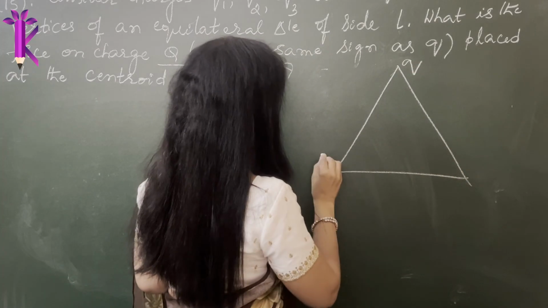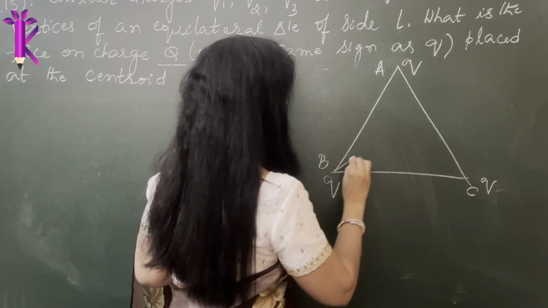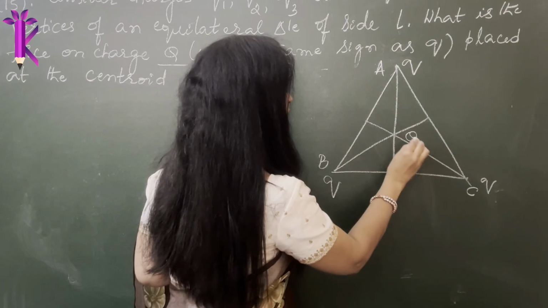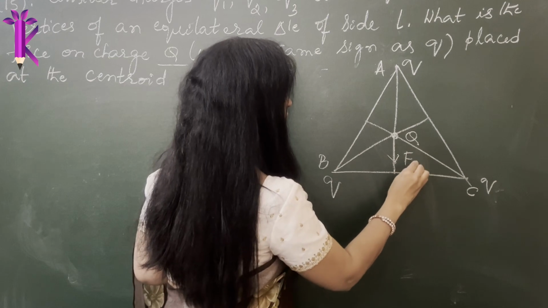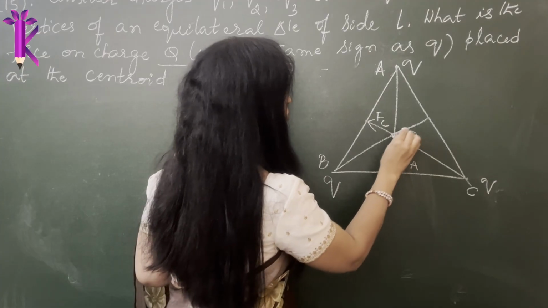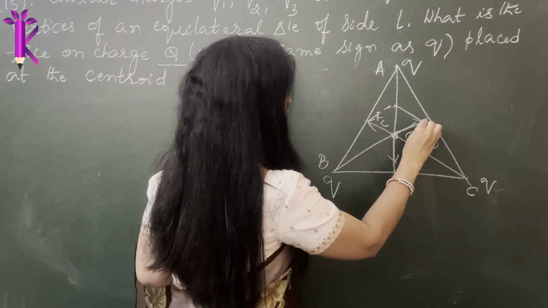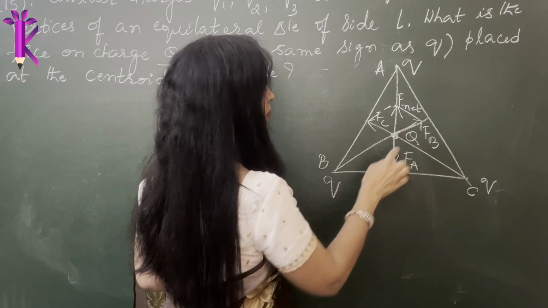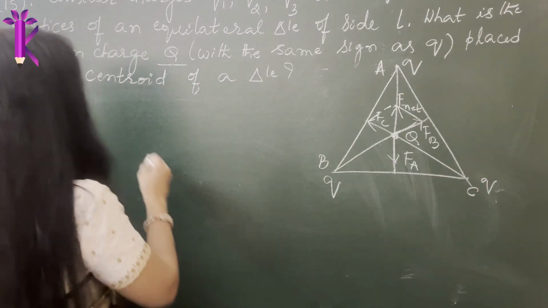So this is Q at A and this is Q at B and Q at C. They're all equal in magnitude. So these are the perpendicular bisectors. This is your centroid where your charge Q is kept, right? So the force of repulsion due to A, I will call it FA. Force of repulsion due to C, I will call it FC. Force of repulsion due to B, I will call it FB. Now here you have to use the triangle law of vector addition to figure out F net due to C and B, and then they're equal and opposite, they do cancel, but we figured out that all the forces are equal.